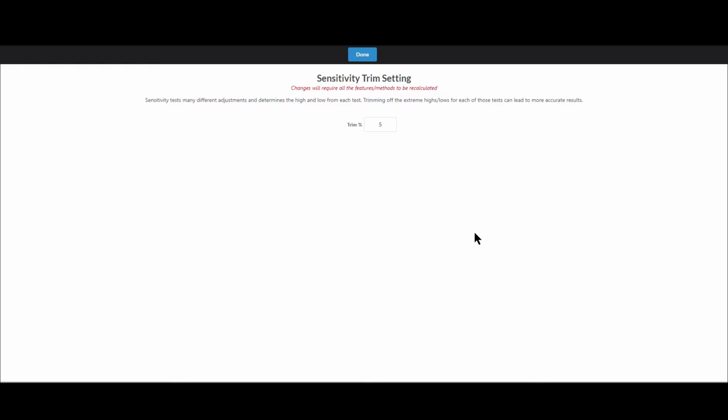Then it sorts those from low to high and looks at the range. If the range is closer than it was when it tested 45, then that would be better. Then it will test 51 or 52 and 53, all the way up to its max, and it'll also test all the way down to 0. Whichever one of those gets the smallest or tightest range of adjusted sale prices, that would be the result